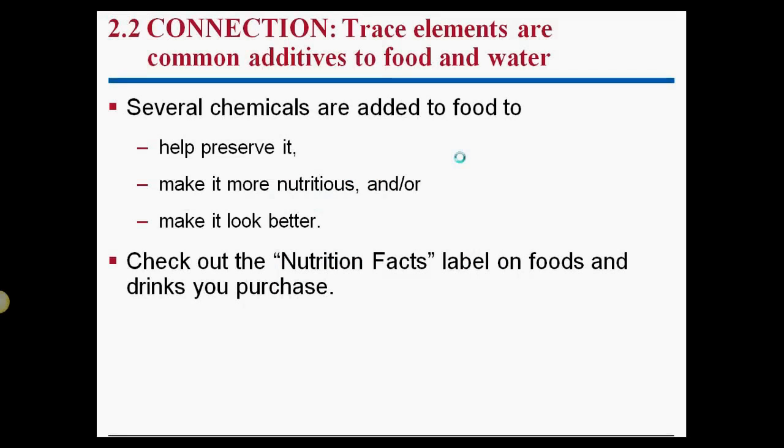Okay. Several chemicals are added to food for preservative sake. It depends on whether you're into that. Things can be added for a nutritional value, like ascorbic acid. I'll put the old term. This is ascorbic acid. That's how I always wrote it. It's just vitamin C. You can add that all over the place, and that gives you a nutritious value. Okay. It also helps things look better.